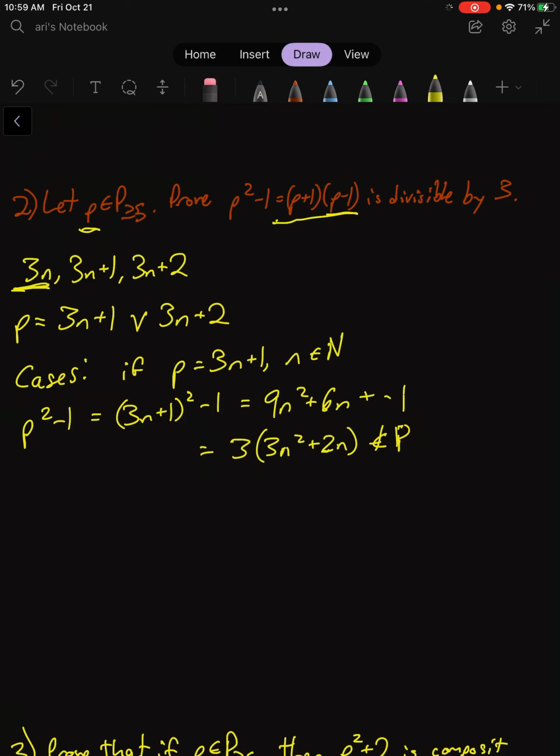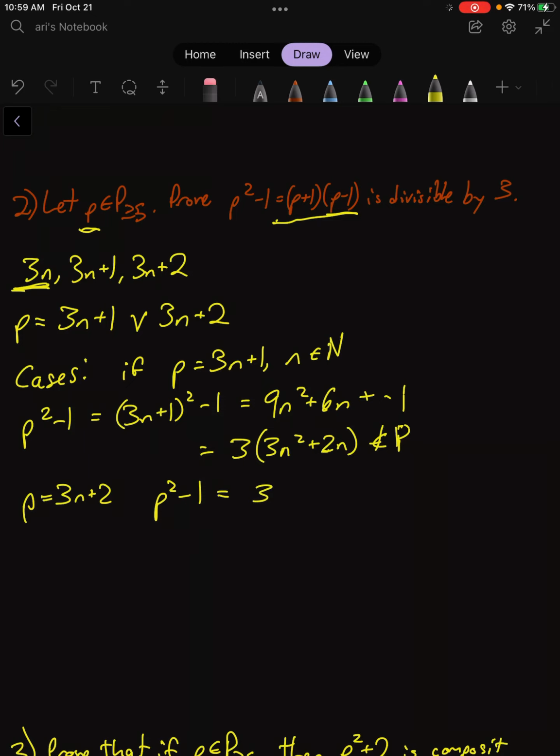So that's our first case. And then our second case would be when p is equal to the form of 3n plus 2. P equals 3n plus 2. So p squared minus 1